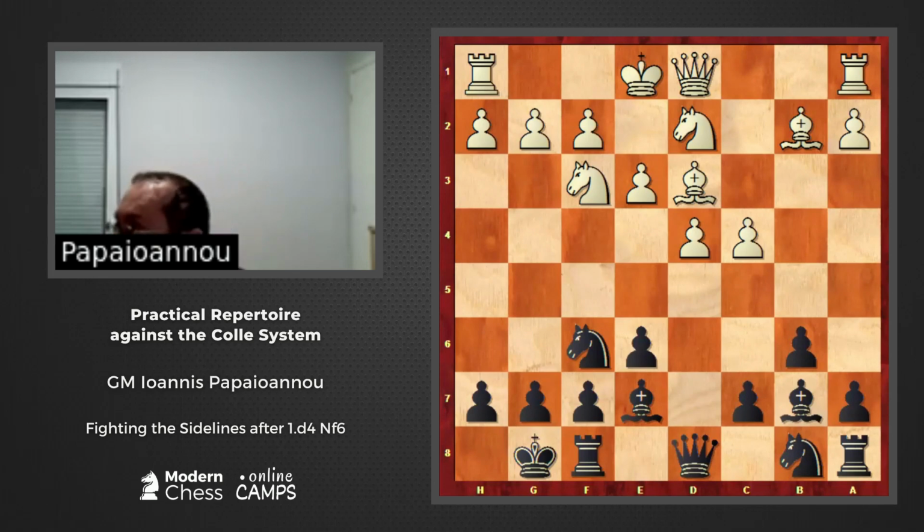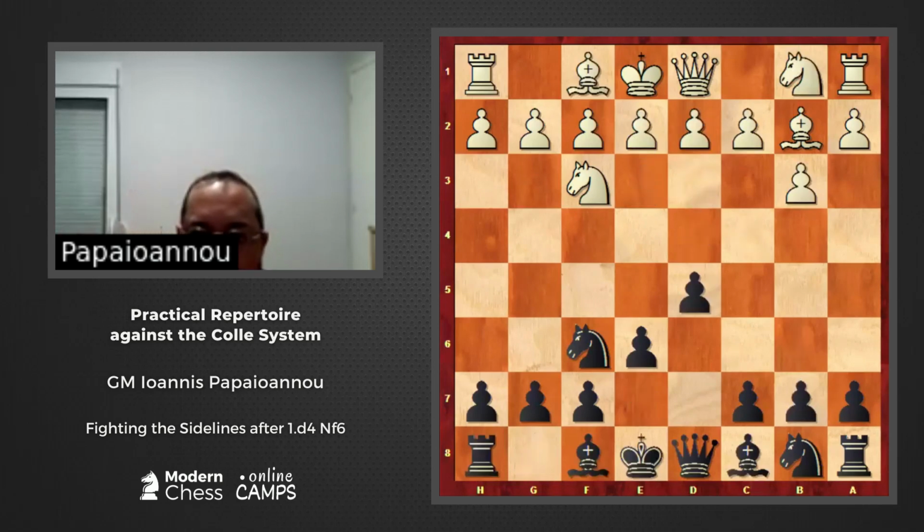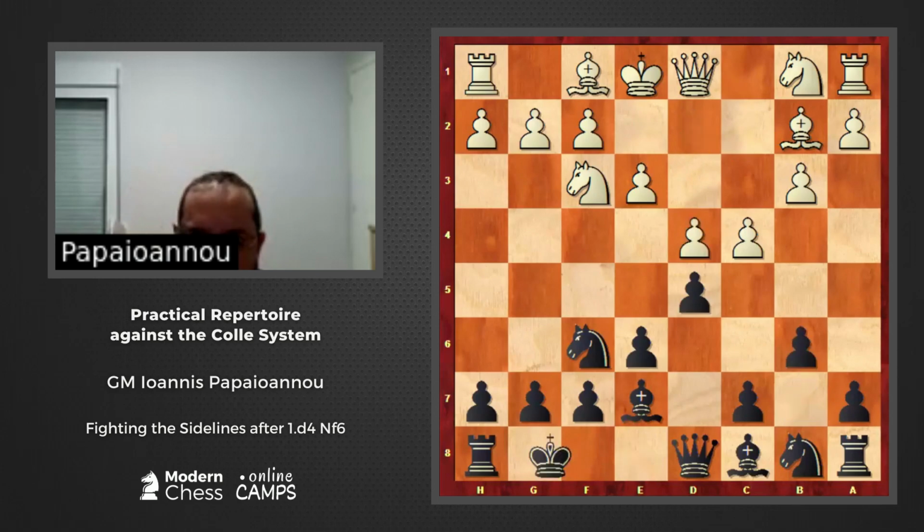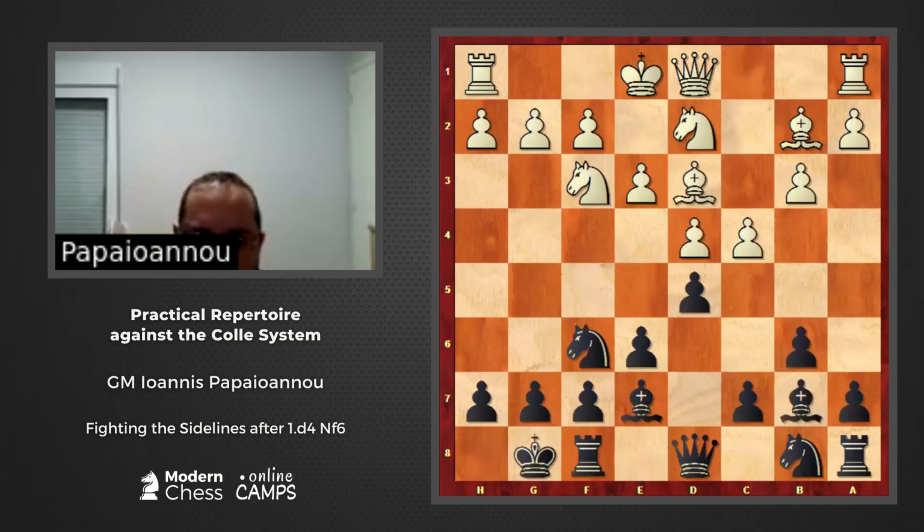This is, I repeat, a risky system where we play for a win, but we offer winning chances to our opponent by doing so. While if we play d5, it is more solid. So let's check how this game was played by two good Greek players. White has a rating of 2200, black has a rating of 2400. So they played the solid version